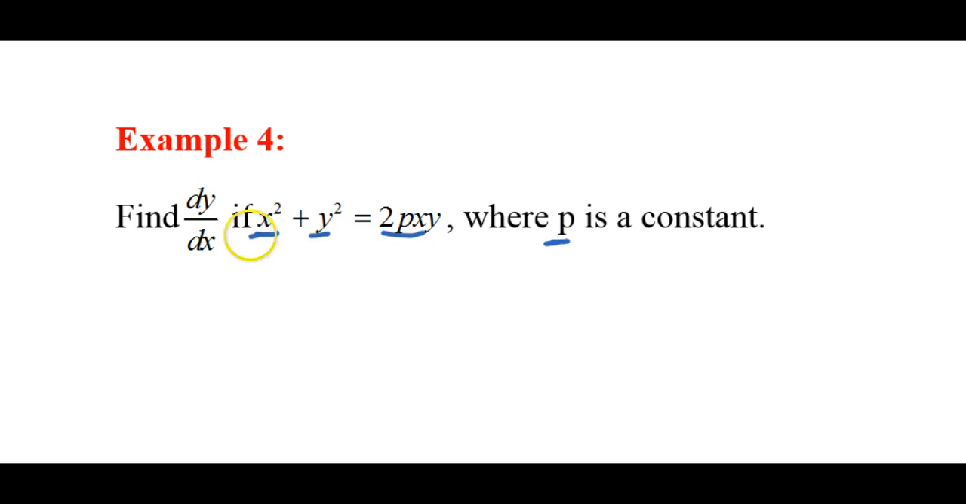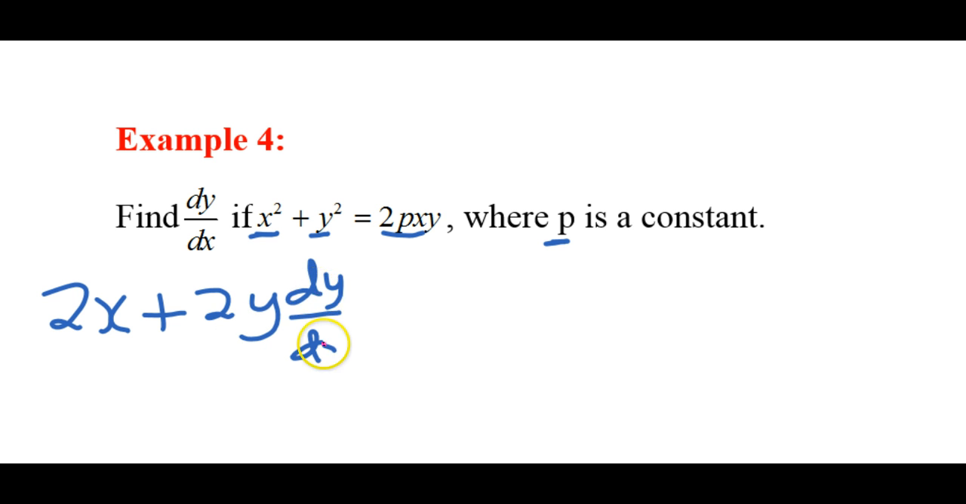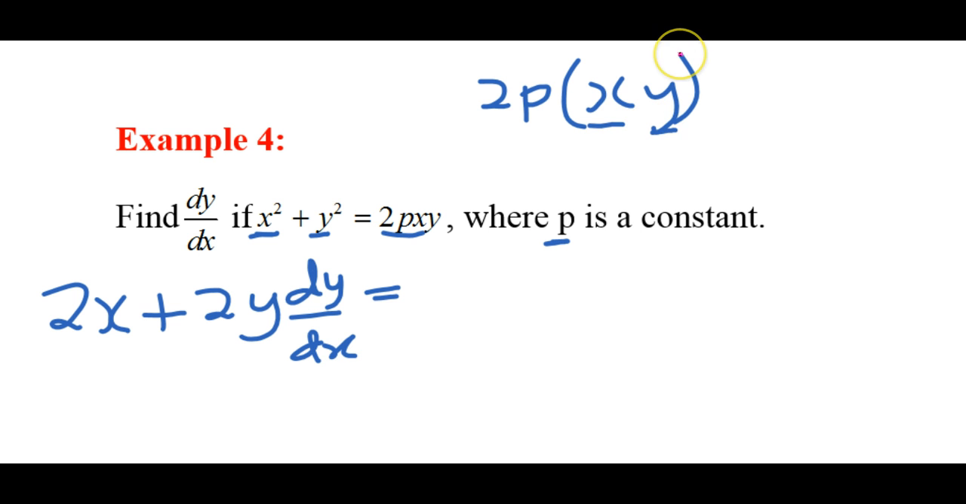If I differentiate the first term, it will give me 2x straight away, plus the second term will give me 2y, but then because it's y, it will be dy/dx. This equals to, here I have two options: either keep the 2p as something outside the bracket and have my xy like this, and now differentiate this and that. When I finish, I multiply through by 2p,